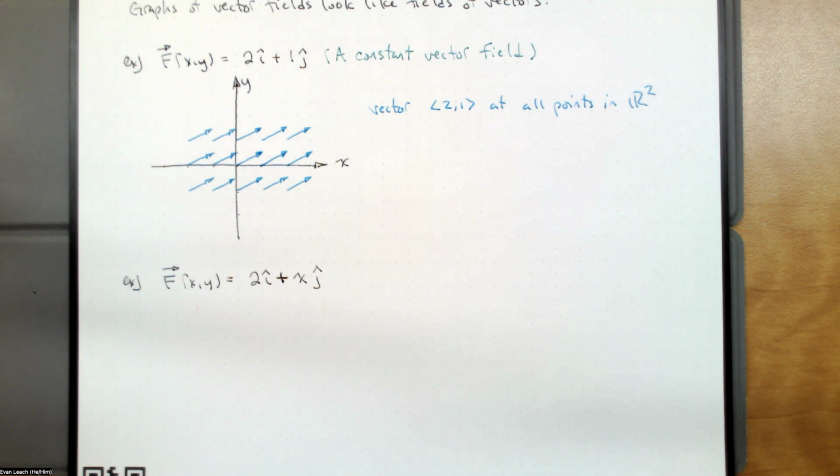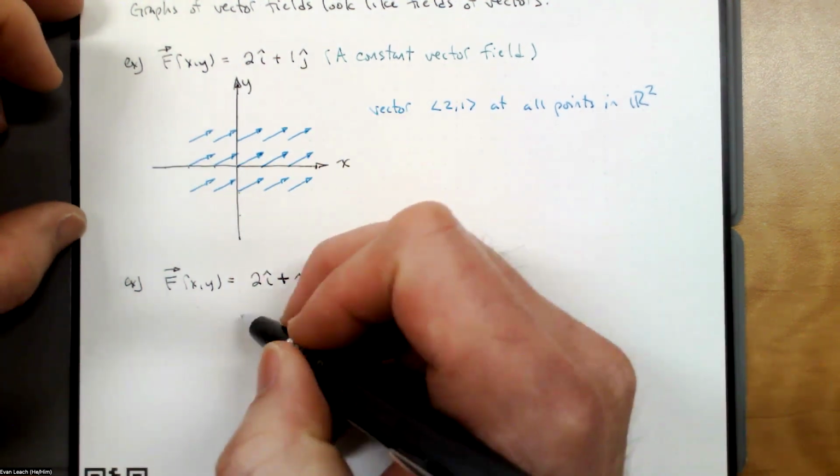Here's a vector field that's not just constant vectors. For the i component, we use 2. For the j component, we use x. This is because the functions F1 and F2 are both functions of x and y. So if you're wondering why the x is there, I decided that the j component of this vector field should look like the function x. So if we draw a picture of this vector field,